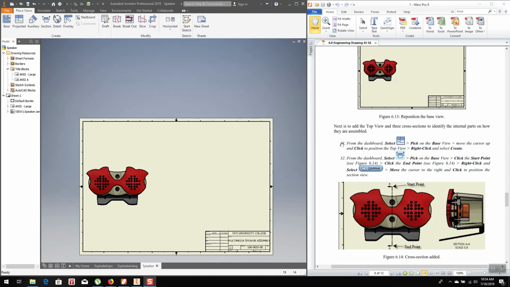Untuk item 31, pergi kepada dashboard, pick on projected. Right. Sekiranya bila you gerak cursor, dia tidak mengeluarkan apa-apa view, so pick on the base supaya kita boleh buat this so called as projected view lah. Alright, move the cursor up and click to position the top. Up, click on the top. Okay, right click, create. Okay, and then untuk 32